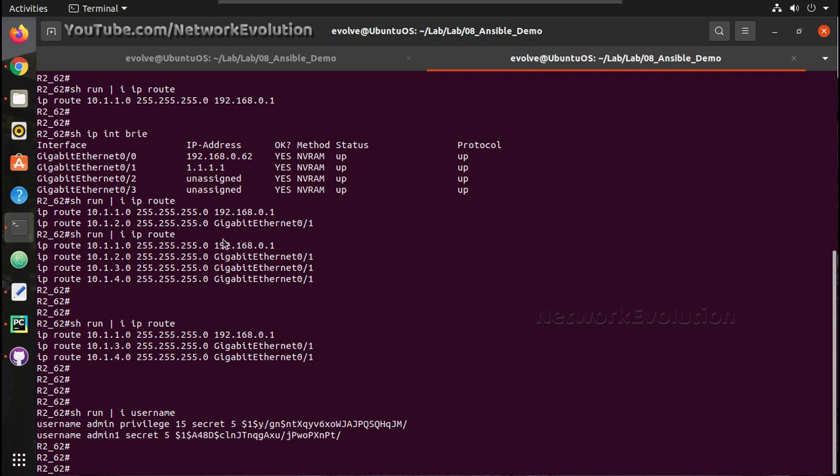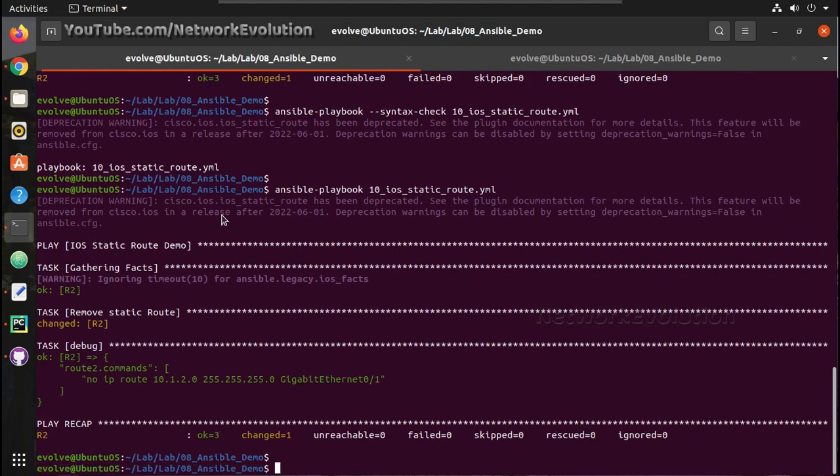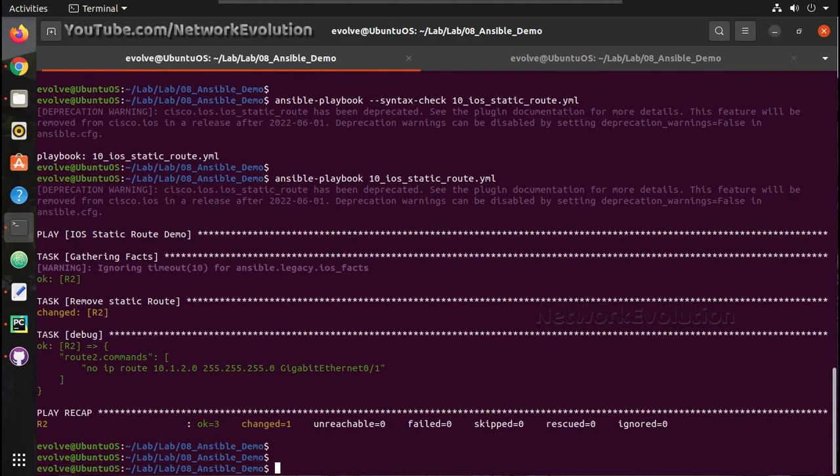To generate that hashed password, we can do it from the Linux terminal. For that, the command is, we can use openssl passwd -1 -salt, and after salt we can give any random word.